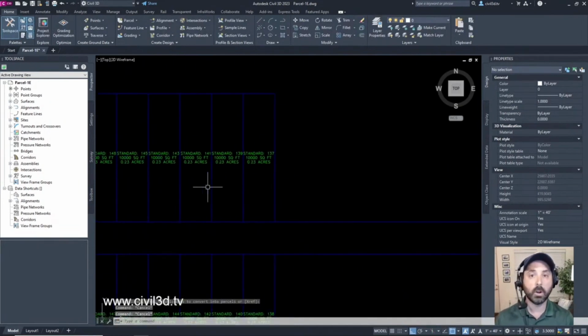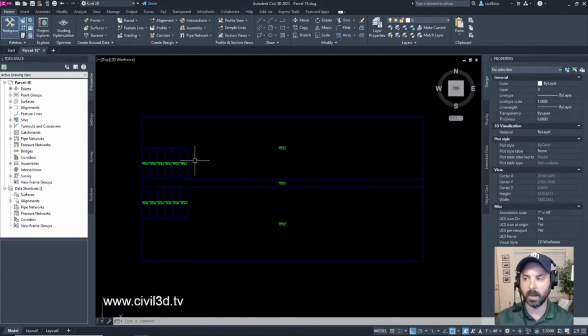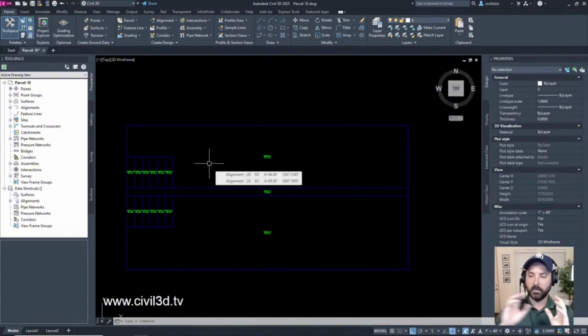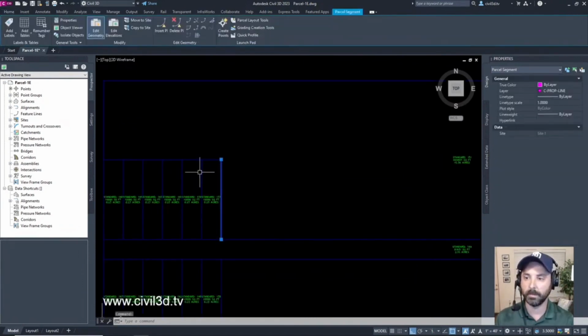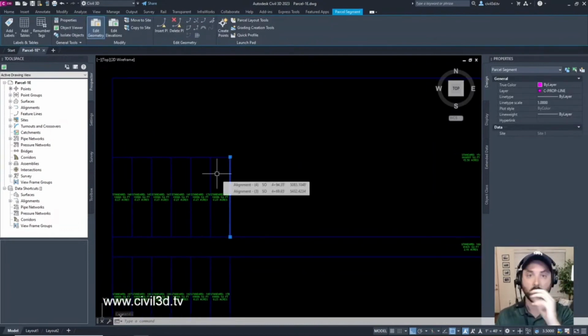I know that's a long-winded explanation, but that's how you can automatically get your square footage, by converting regular AutoCAD lines or polylines into parcels, as opposed to designing and laying out parcels, which is what I've been attempting to do.